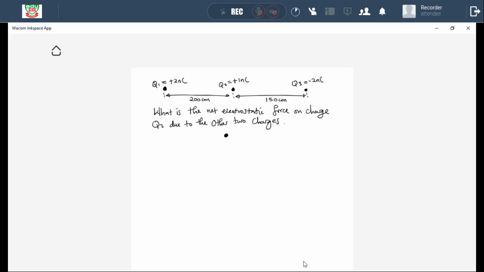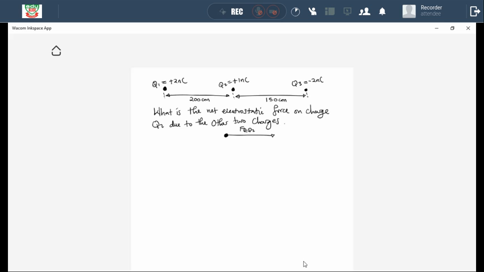So Q2 is going to move to the right, and Q1 is going to the left. So we take the direction for Q2, which is going to the right. So you indicate here on your free body diagram, and this is going to represent the electrostatic force between Q1 and Q2. Right. So when you calculate that force FQ1,Q2, you must know that the direction is to the